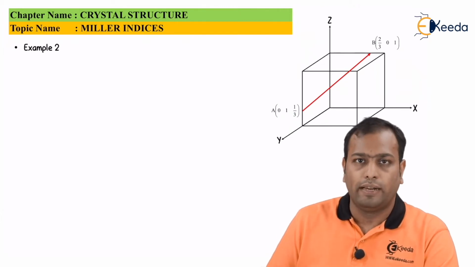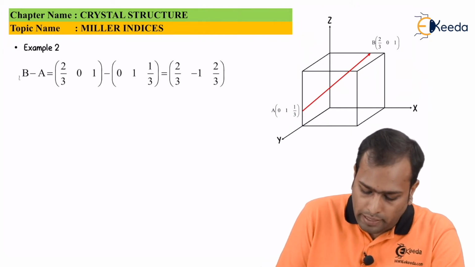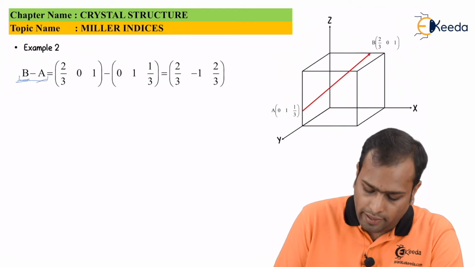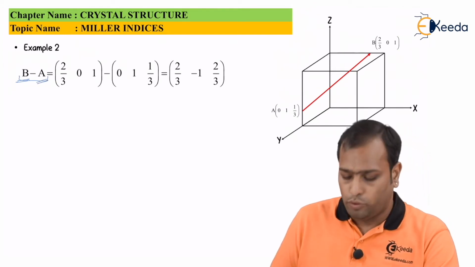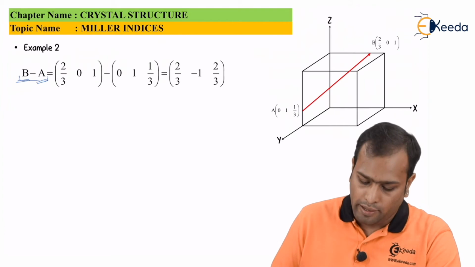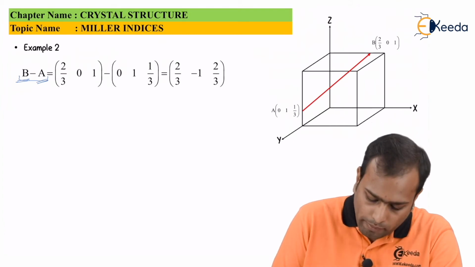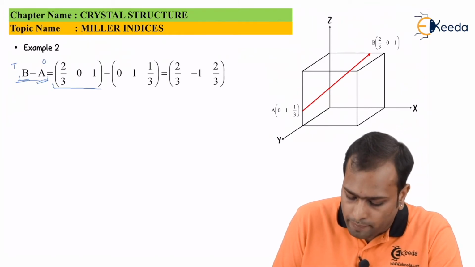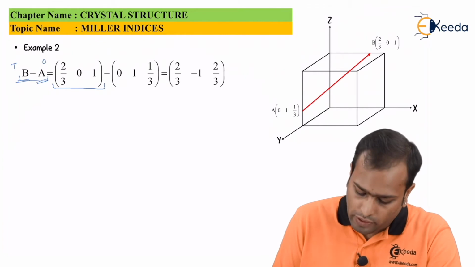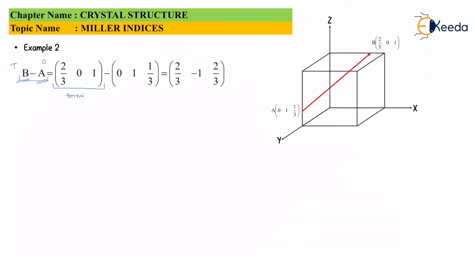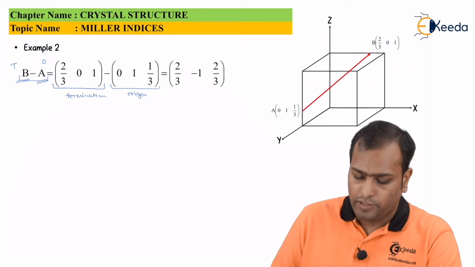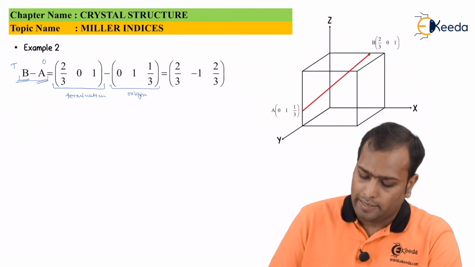The step would be final minus initial. As you have B minus A, B is your final or the termination, and A is your origin. Always remember, to solve such questions, you always have to take final minus initial, or termination minus the origin. Or you can say these are the coordinates of termination and these are the coordinates of origin. I'll find the difference, and the difference would come out to be 2 by 3 minus 1 and 2.